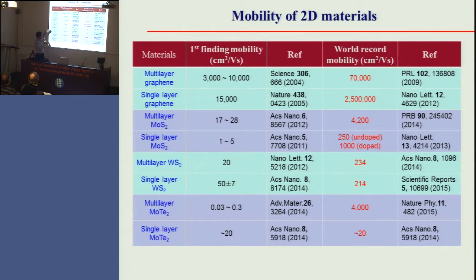If you switch to MoS2, the single-layer case, the mobility goes down like this. So it's quite low mobility. But compared to normal matter, this mobility is quite high, so it's still a very useful material. In such a way, you can choose some of your TMDC materials for your applications.